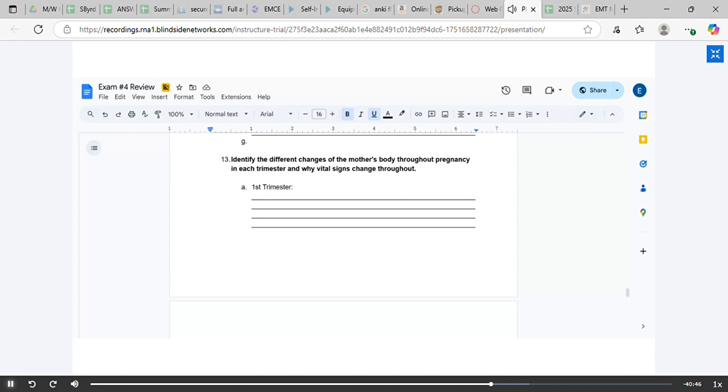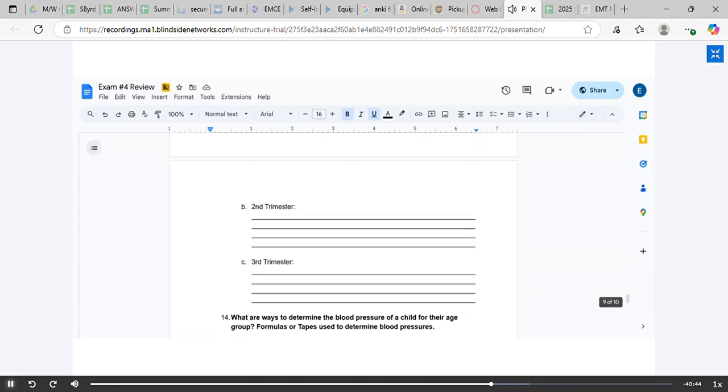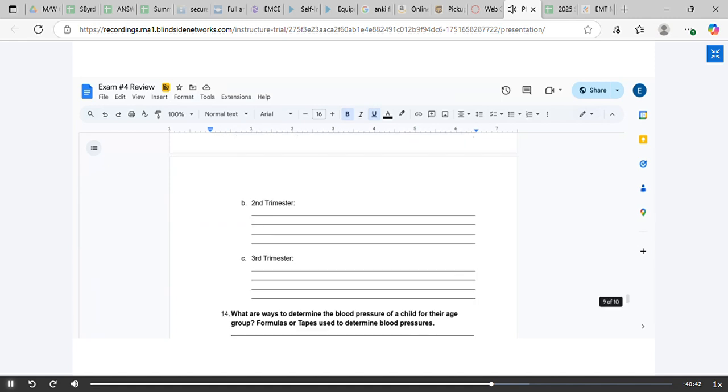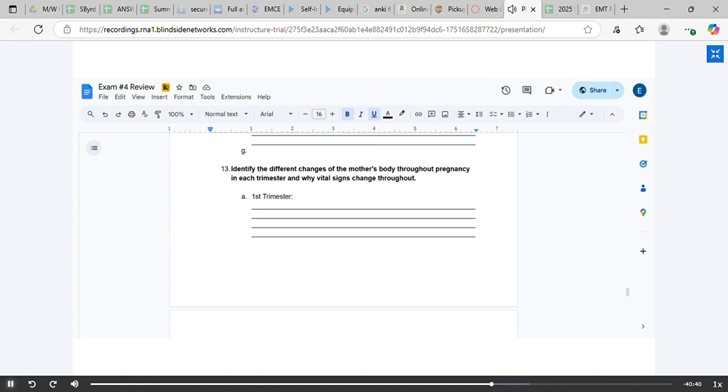There's quite a bit. So I'm not going to necessarily, I think your book goes over first, second, and third trimester a little bit better, but I'm going to go over respiratory versus cardiac versus GI and GU, and then I'll make sure and tell you certain things that are in different trimesters. But when you're talking about the mother's respiratory system, her oxygen demand will increase, right? She's growing things. She's working double time here, and her oxygen demand is going to increase as that